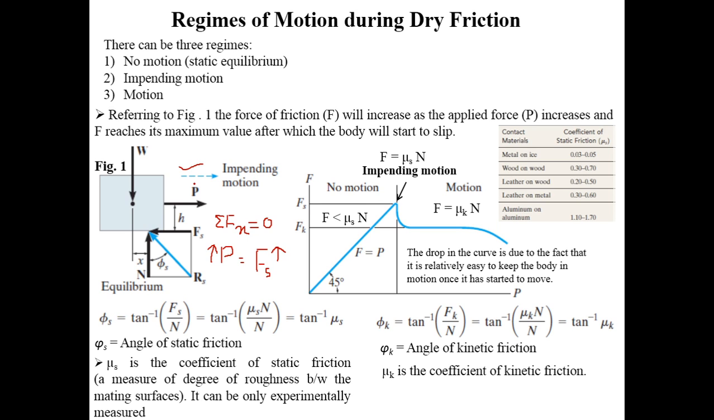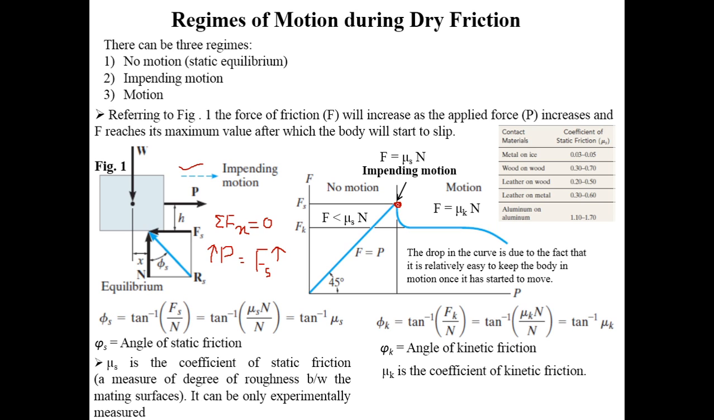Now what happened? You have started to apply a force here, and you are assuming that the interface is not smooth, so there is a friction force resisting the motion. And there is a normal contact force here. Now you are increasing the value of P, then according to equilibrium, summation Fx equal to 0, this Fs will also start to increase. And while it starts to increase, it is going to reach a point